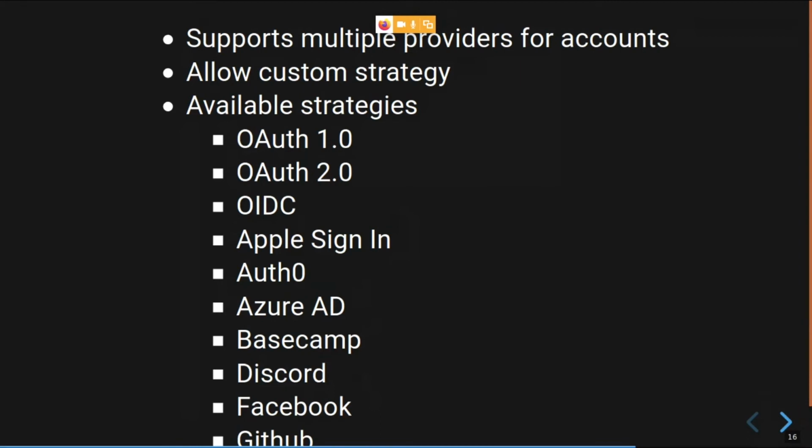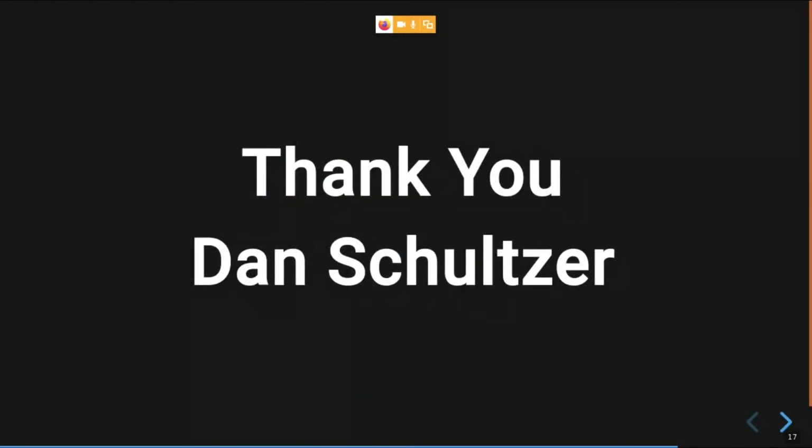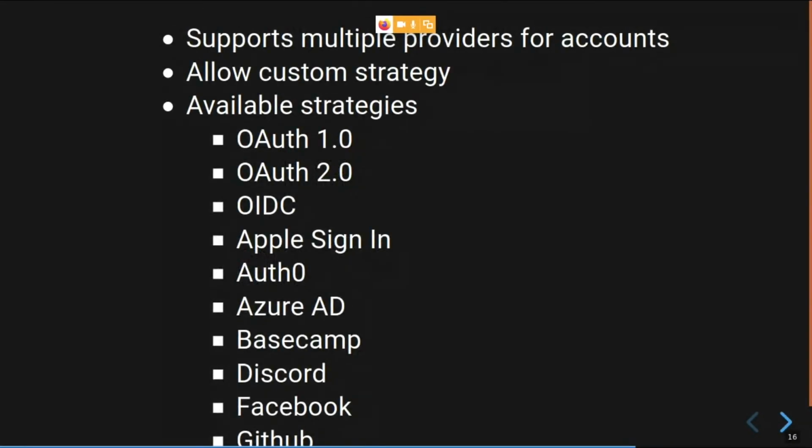Discord is also there, so we can use our Discord server to authenticate with our POW application also. So these are the strategies available out of the box, and you can create strategies as well. These are the features provided by the POW and POW Assent libraries.